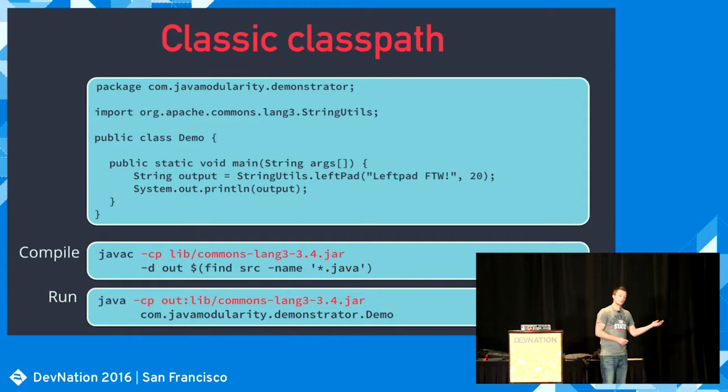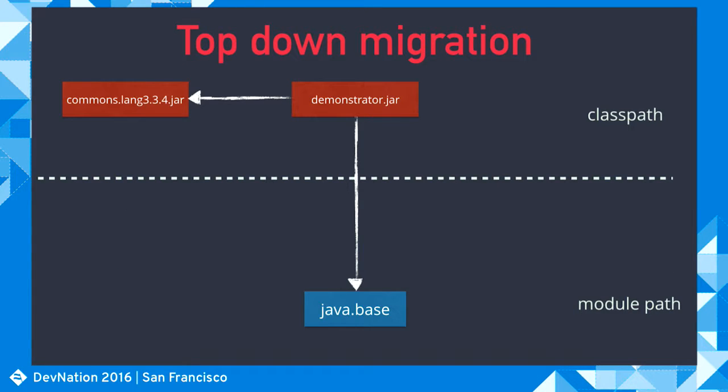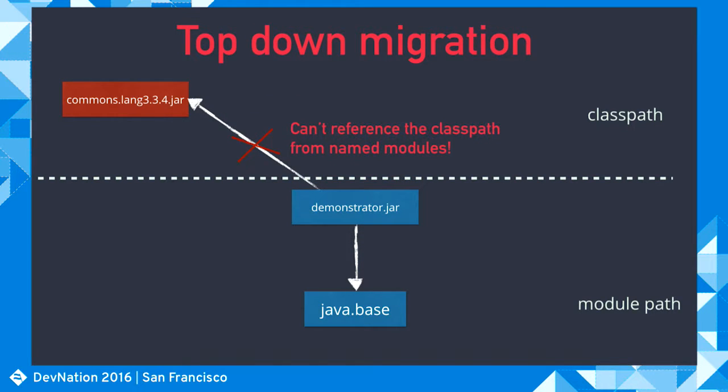And if I would just want to run this using Java today, I would use the class path both during compile time, putting the commons lang library on the class path, and I would do the same thing at runtime, again putting my own code and commons lang on the class path. This is how we would run it today. But of course, now I want to migrate this code to be inside a module. So I want to take my code and move that to the module path. I should, of course, make a module descriptor for that, but then I want to move it to the module path. Well, tough luck, that's not going to work.